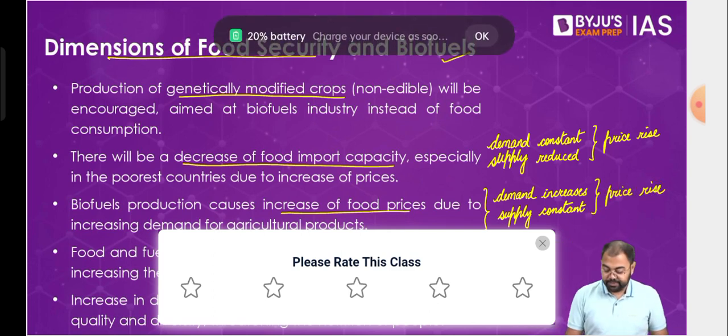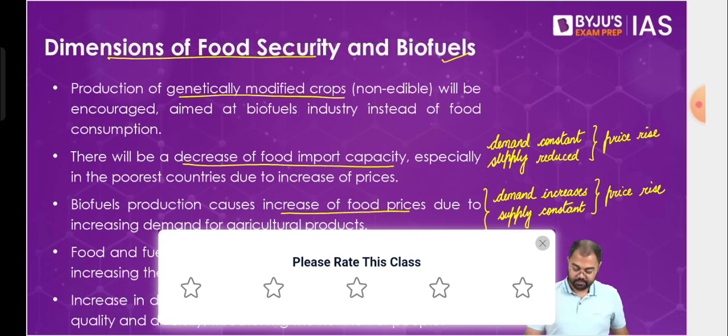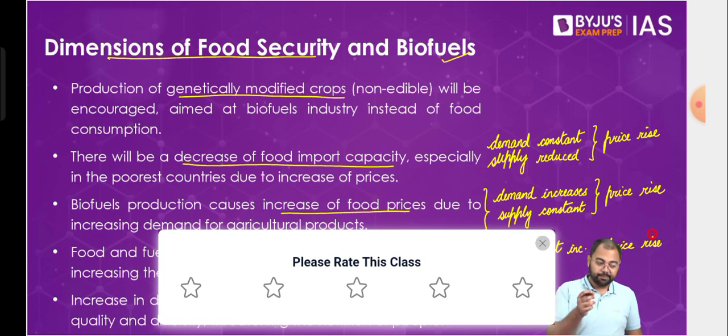Then food and fuel are going to compete for land and water resources. In this case, resource cost increases because of competition, so this will also lead to a price rise. So ultimately, it is going to increase prices, and we already see that prices are increasing. One survey done in Europe finds that there is almost a 15% increase in the prices of all those crops that are used for biofuel production. Even if you take away inflation, there is almost a 15% increase in prices just because of biofuels, because these are not only our food but also useful as fuel.